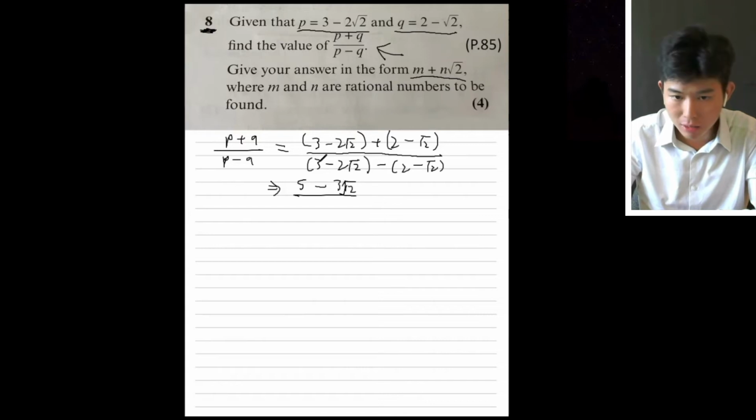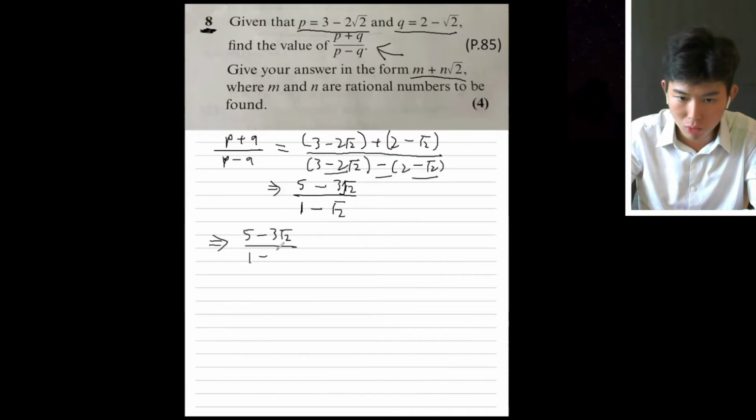Okay, 3 minus 2 would be 1. Negative 2 minus negative 1 would be negative root 2. And the next step we have to do is 5 minus 3 root 2 over 1 minus root 2, because this is a minus sign. So what we have to do is multiply the numerator and the denominator by 1 plus root 2 over 1 plus root 2 in order to write it in this form: